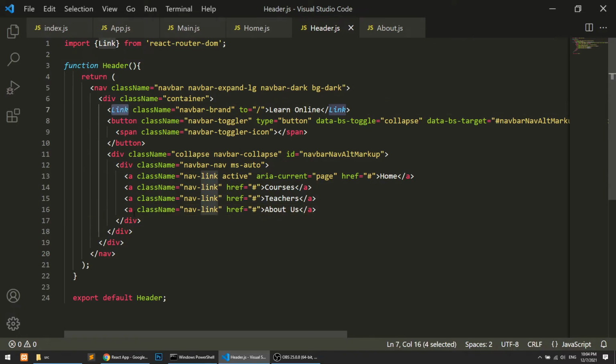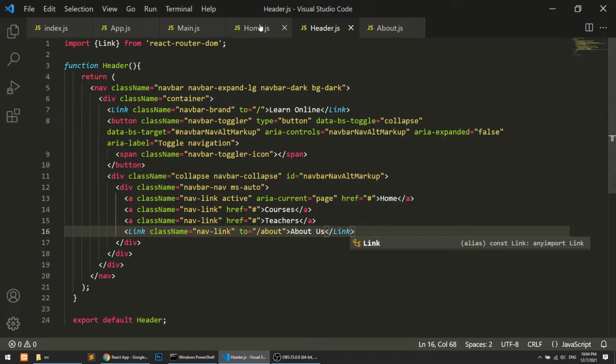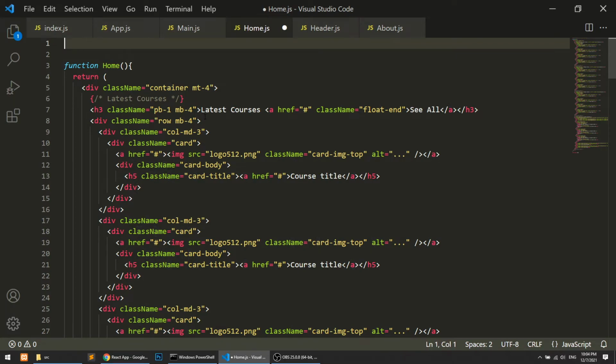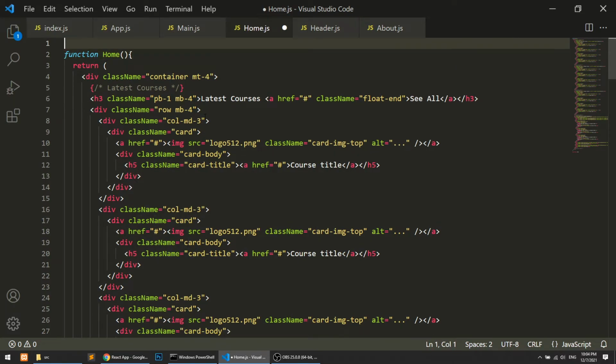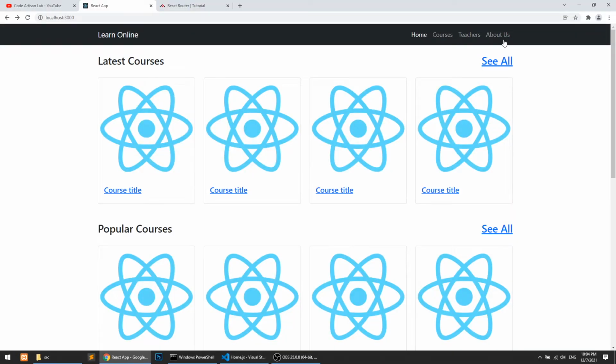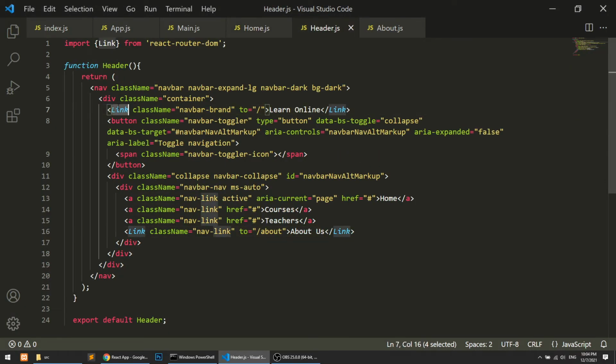So let's define the link to about, and we will remove it from here. Fine. So here we have about us. When we click on this, it will go to home, and we also need to add the link on the home page also.